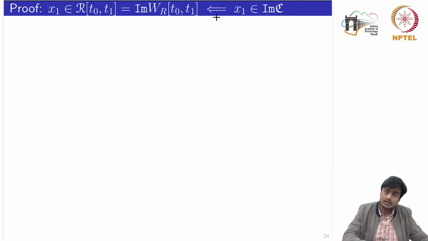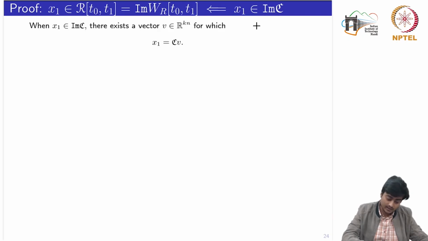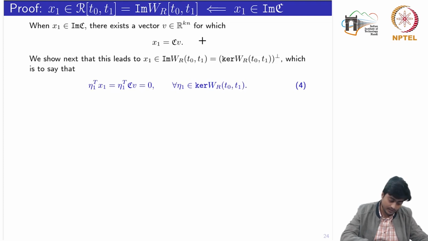Let's see the implication in the other direction. Now we are given that x1 belongs to the image of the controllability matrix. Whenever x1 belongs to the image of this matrix, there exists a vector v for which I can write x1 equal to the matrix C into v. Next we show that this leads to x1 belonging to the image of WR,